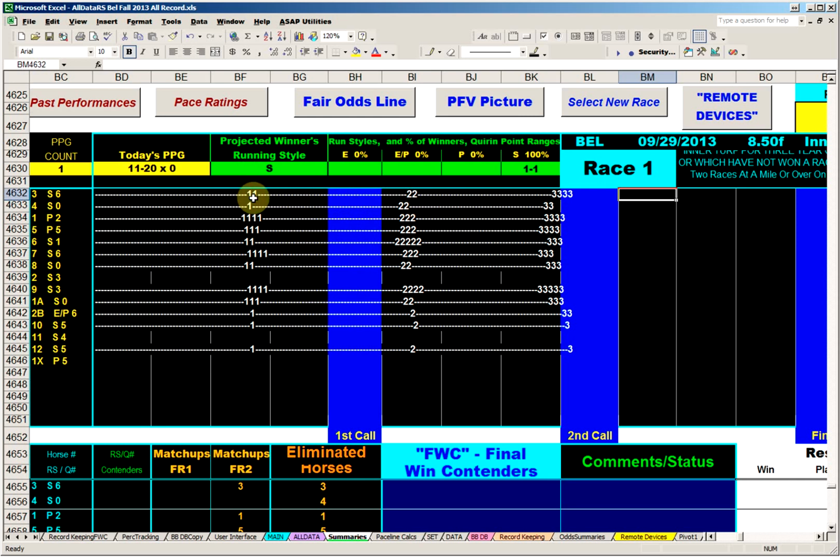Again, the first number in each of the three segments. This is the first segment, the second segment, and the final or race finish segment. The first number that you get to represents the low velocity for FR1. The one to the right